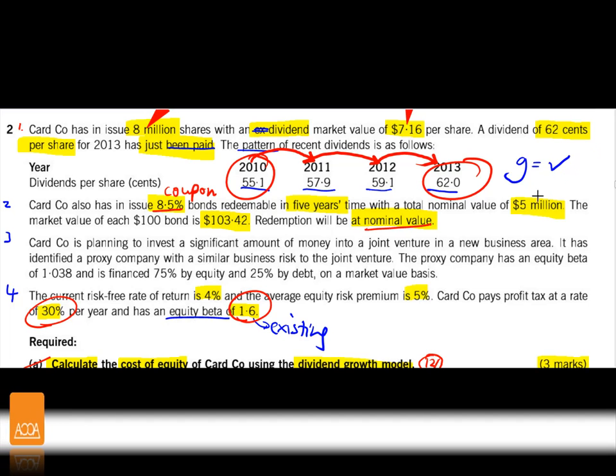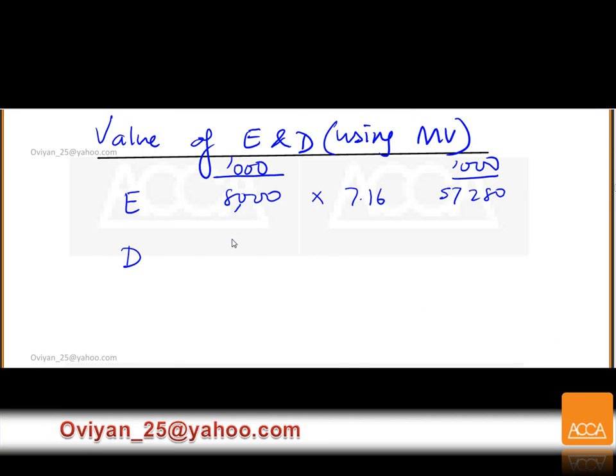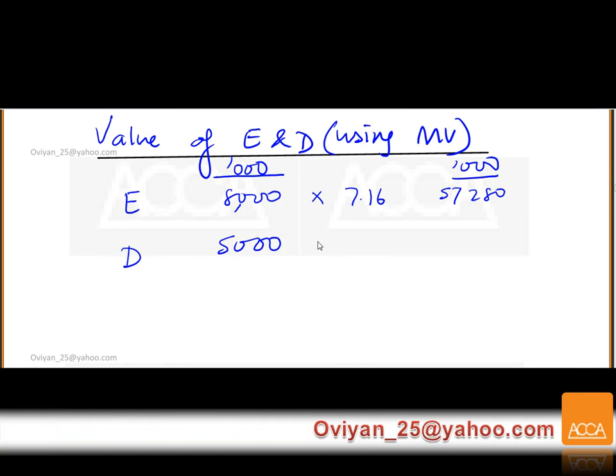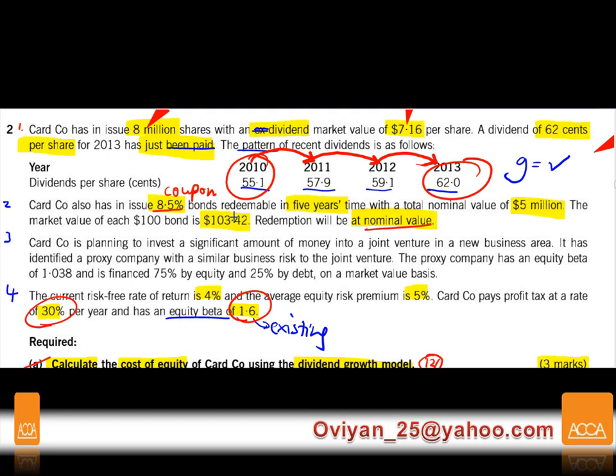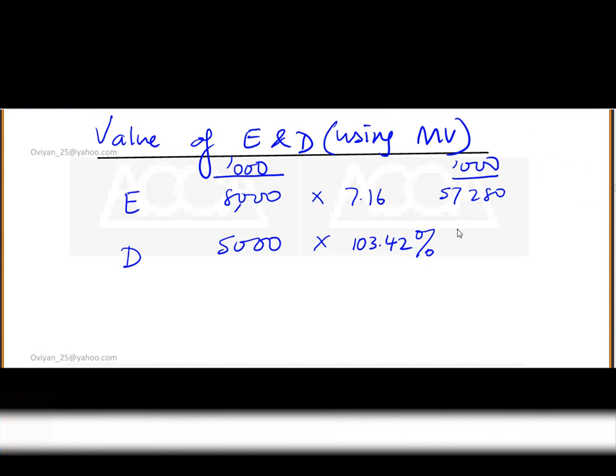5 million nominal value, and the value of the debt is 103.42. So you have it there, no problem. So you're going to take 5 million multiplied by 103.42 per 100. Is it per 100? It's per 100 bond, right? It's per 100 bond. So I'm just going to put per 100 is percent. So giving you an answer of